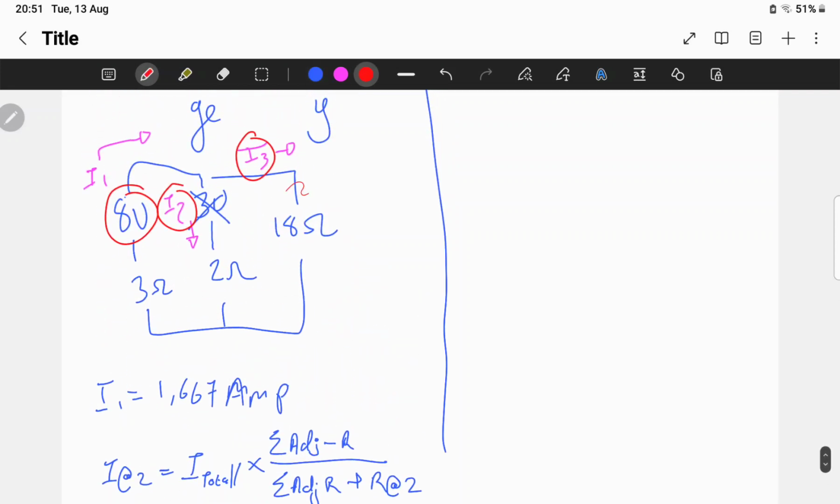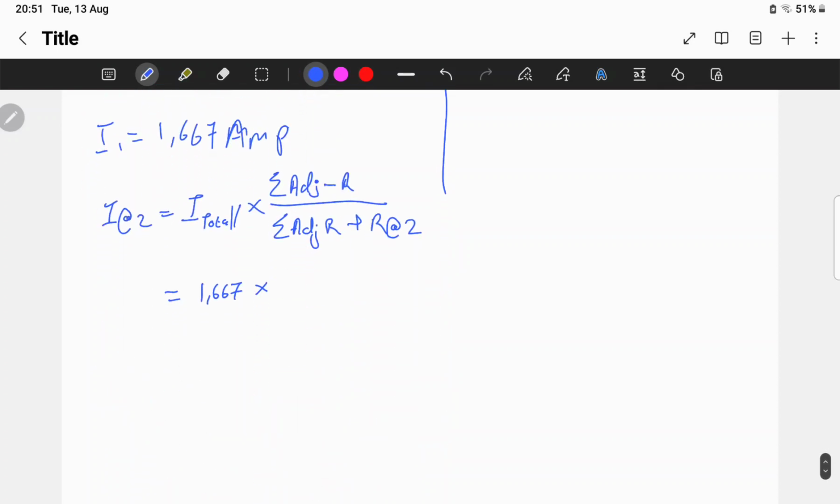So our total current is 1.667, and the adjacent resistor from 2 is 18. Can you see the adjacent from 2 is 18? So our adjacent resistor would be 18 over 18 plus 2. And then our current at 2 will be 1.667 multiplied by 18 over 18 plus 2, equals to